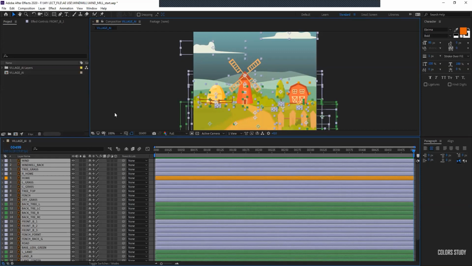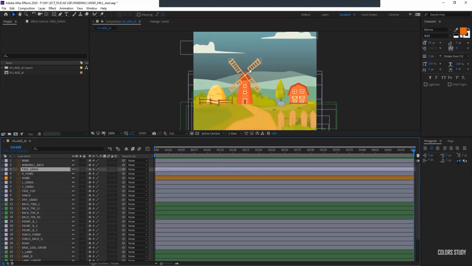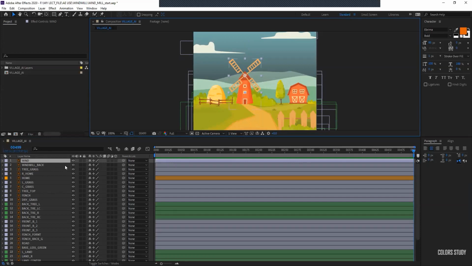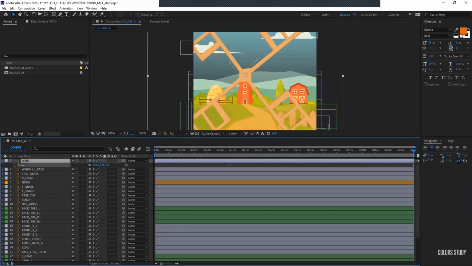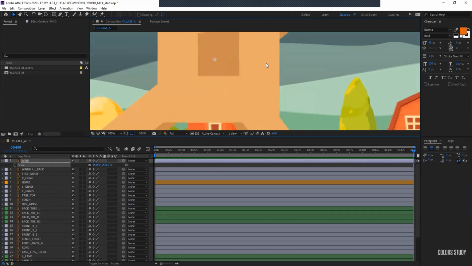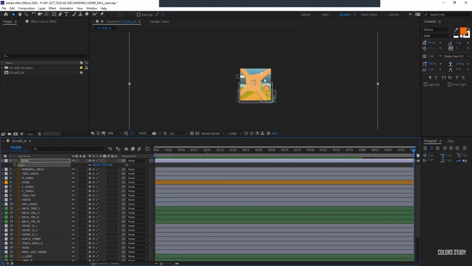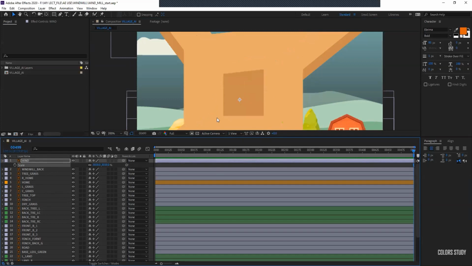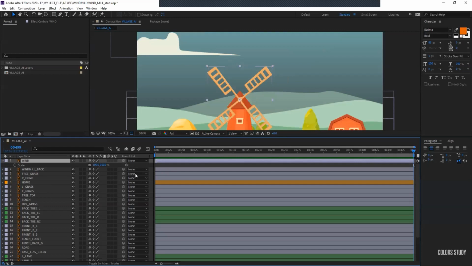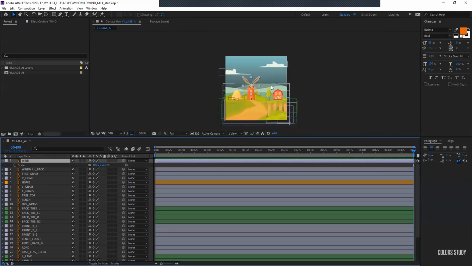It means if I take a vector file, for example, this is the file, and if I scale, doesn't matter how much I scale, it will never get pixelated. As you can see, I'm scaling as much as I want, and it's not getting pixelated. So this is the main function of your collapse transformation. If you do not check this, your image might get pixelated.